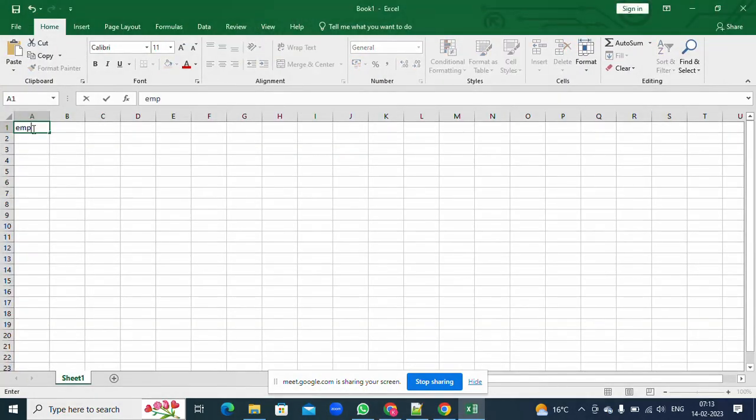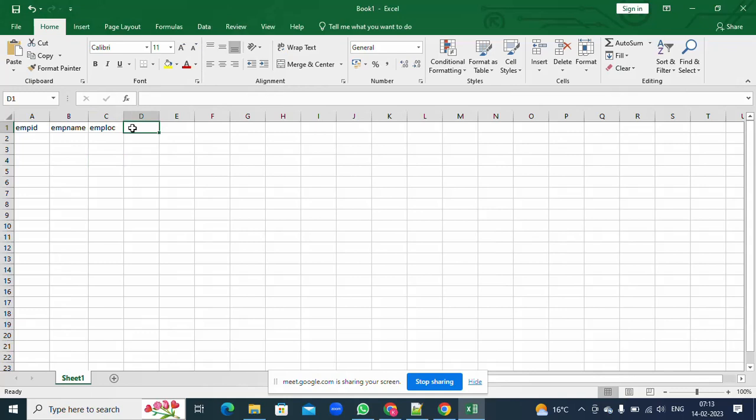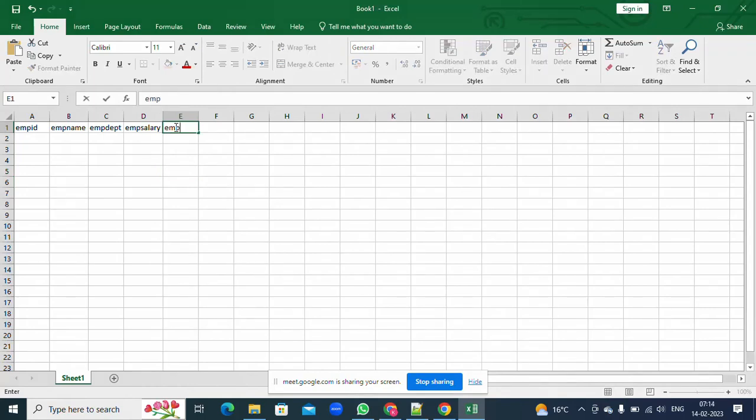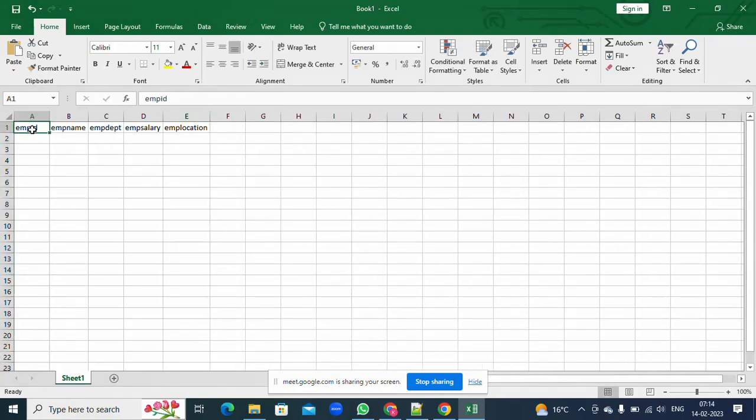See here, employee ID, employee name, employee department, employee salary, employee location. These are some columns we have. So now what we can represent here is,